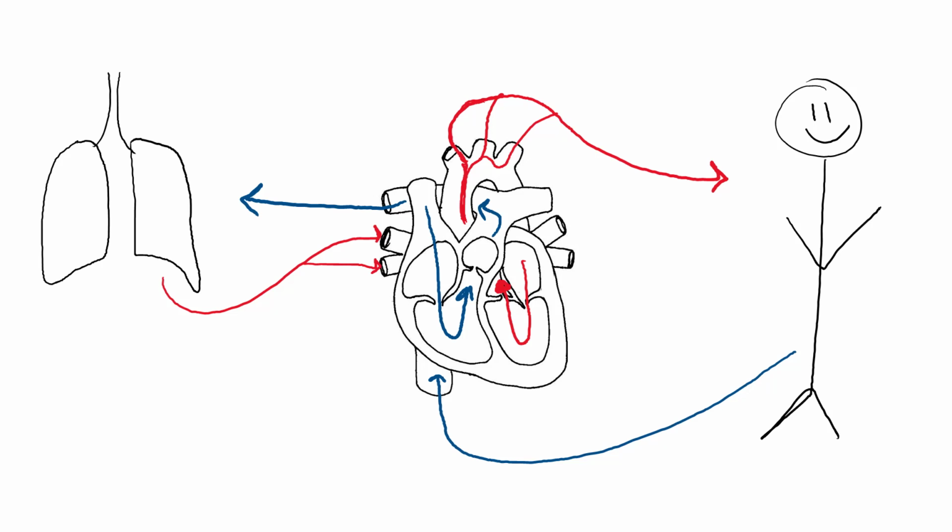That said, the pulmonary veins are going to be bringing oxygenated blood into the left atrium and then shooting it back out through the aorta to the body. On the opposite side, you have the pulmonary arteries pushing blood away from the heart that was brought back in through the inferior and superior vena cavas. That's a really important distinction to make because it's an easy mistake to make and it's an easy thing to